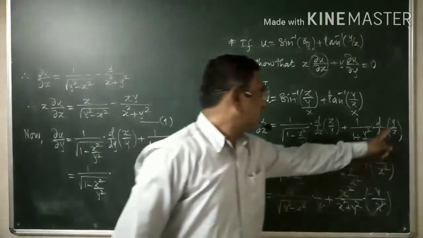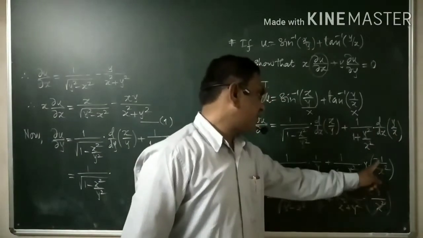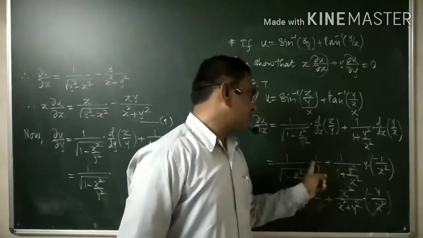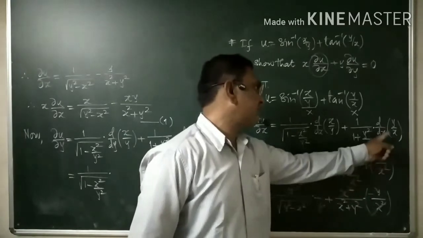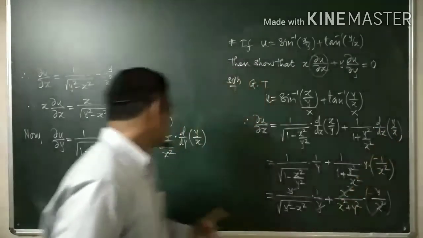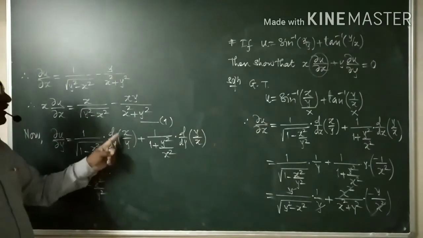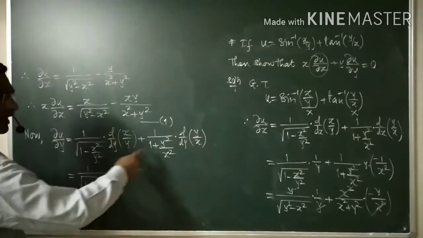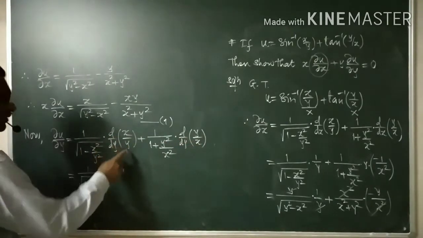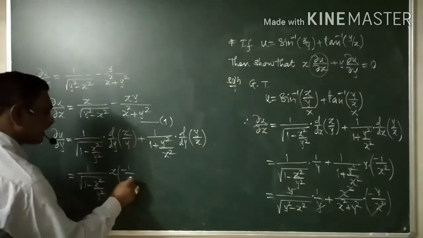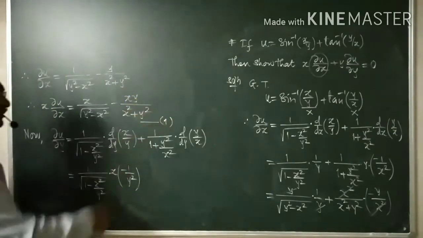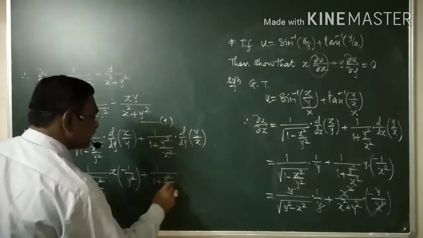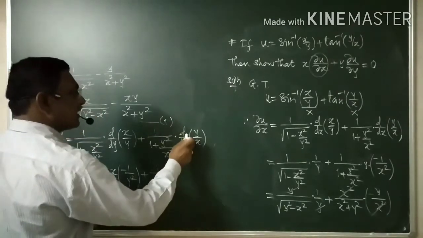As we differentiated y upon x with respect to x, and we came across minus 1 upon x square, I mean, we have treated y as constant. Keeping y constant, we differentiated 1 upon x with respect to x. Similarly, here we need to differentiate, treating x constant, that I write here x, and what you have is 1 upon y, which is nothing but minus 1 upon y square, its derivative by the same rule. Plus 1 upon 1 plus y square upon x square, and derivative of what?